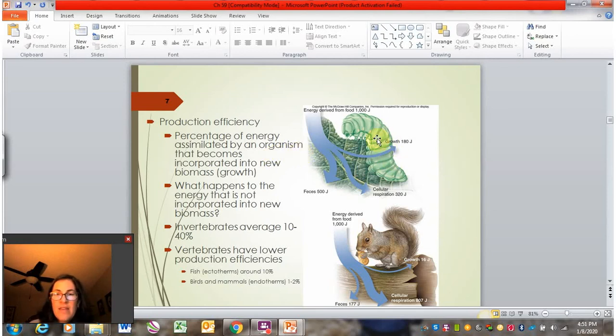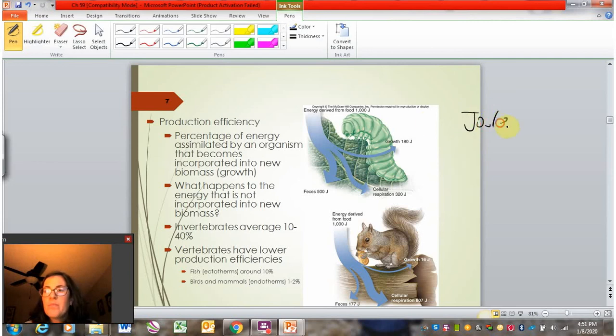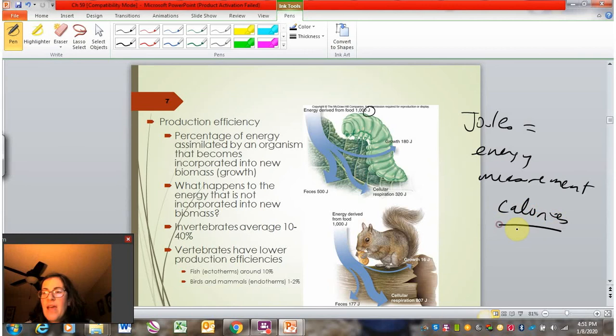We see that if this caterpillar eats 1,000 joules, and joules is just an energy measurement. You may or may not be familiar with it, which is what this J represents. It's similar to an energy measurement you may be more familiar with, calories. So it's an alternative measurement compared to calories. So if this caterpillar ate 1,000 joules worth of energy from its food, so there it is eating that leaf,